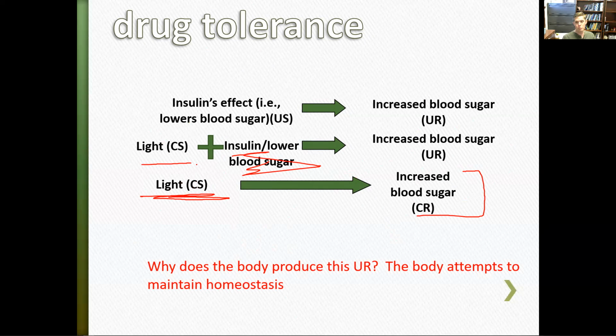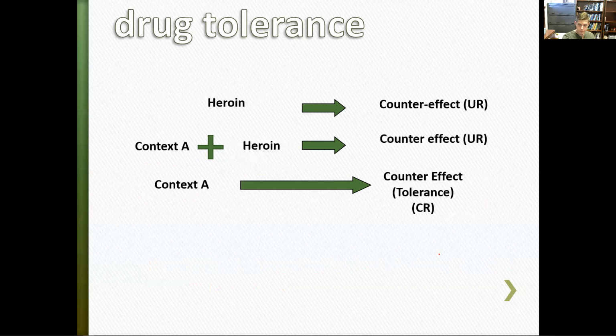So that means that you need to take more and more insulin to be able to produce the same biological effect as you used to, because now your body is essentially already preparing and fighting against you taking insulin. And this is what basically we call drug tolerance. There's some pretty dramatic experiments that actually looked at this under the context of heroin. So say you take heroin, heroin will produce a particularly strong unconditioned response,